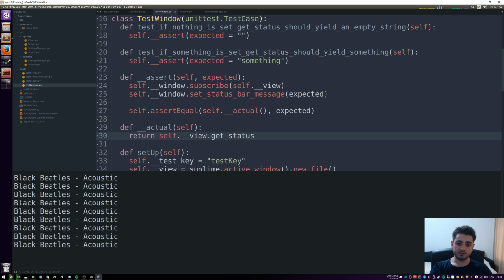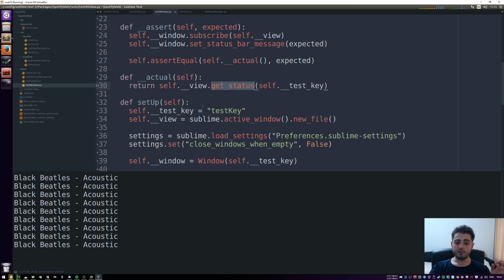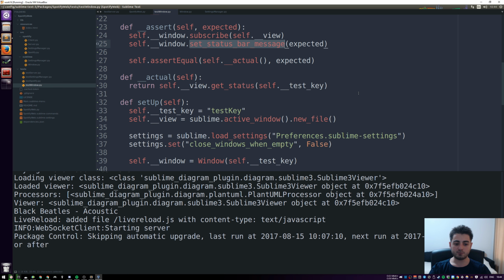Get status, which is how we call the method, right? Get status should yield something or nothing. Get status self test key. So this is the actual method on the actual Sublime view. Okay, so I believe we're done with our tests, and you know what? Let's restart Sublime. Let's run it and let's see what happens. It should tell us that it doesn't know the set status bar message